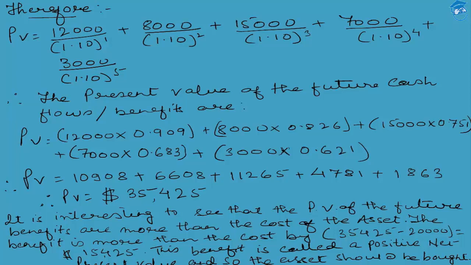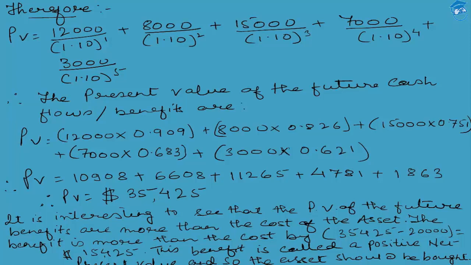So if this is the criteria of justification, is this criteria being fulfilled over here? We are happy to say that of course this criteria is being fully complied with, because the present value of the future cash inflows, as we have just seen, is working out to 35,425 USD. 35,425 USD is the present value of the future cash inflows against the stream of future uneven cash inflows. So 35,425 USD is more than the initial cost of the asset of 20,000. We have seen that the initial cost of the asset was 20,000 USD, against which the present value of the future cash inflows worked out to